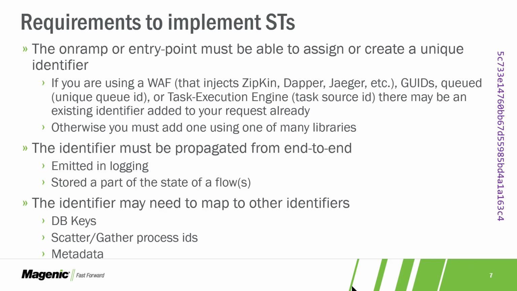We can generate GUIDs or other UUIDs and inject those into the flow. And what's really important is that those identifiers flow from end to end in our system, right? And when we transition to the physical world, we encode those identifiers in such a way that they can be rapidly scanned. So turning them into a barcode or turning them into a zebra code are ways that we can then scan